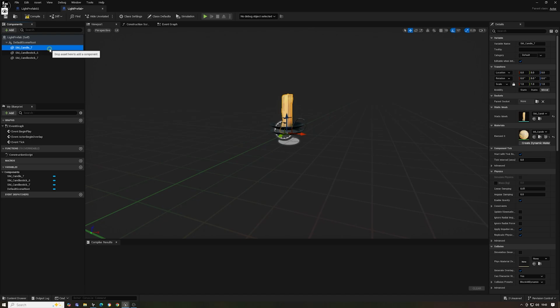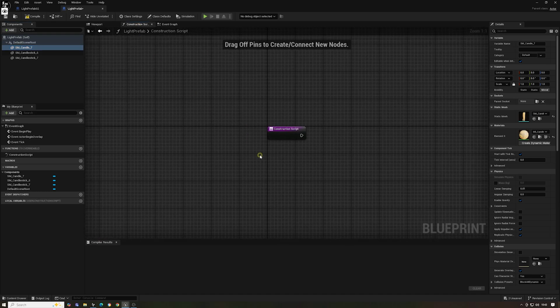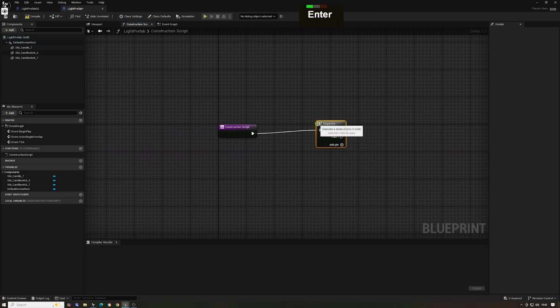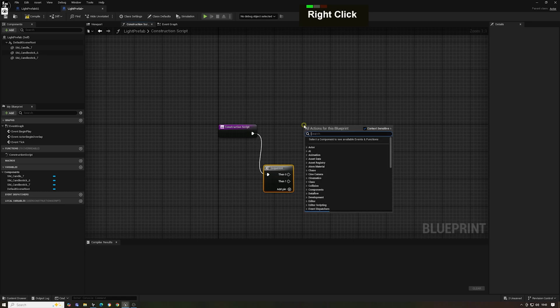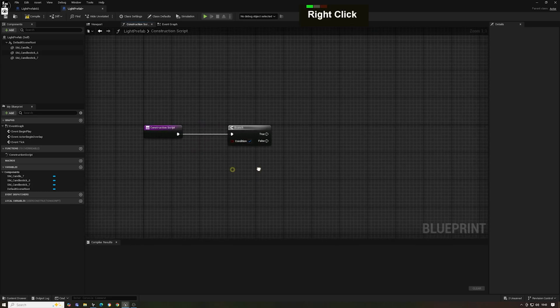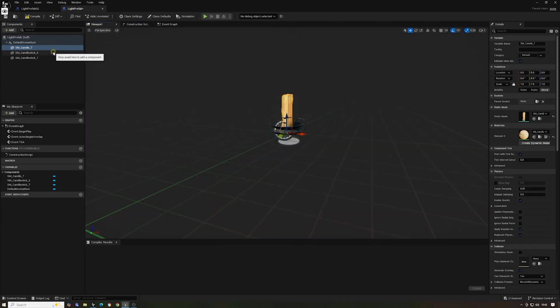So what we want to do is turn something on and off. Now how do you do that? We are going to go to the construction script. In the construction script, we're going to drag out and search for sequence, and we're going to search for branch. We're going to delete sequence and add that later because I forgot we need to keep it simple. So we have a branch. A branch is a true or false Boolean condition. So basically, if we do something, we want to say, hey, I want to have,